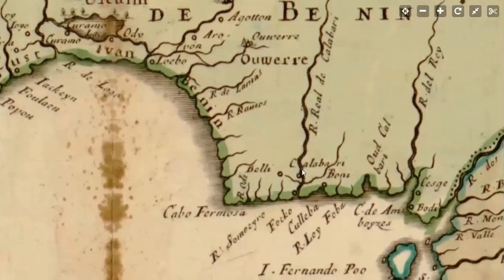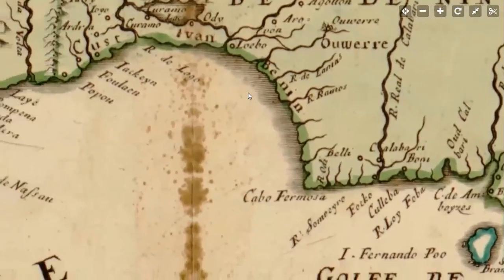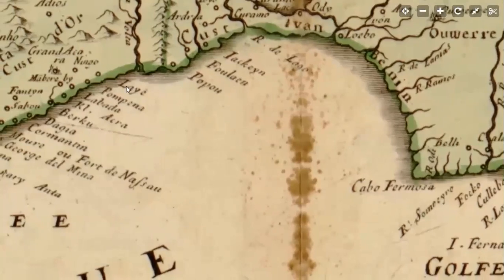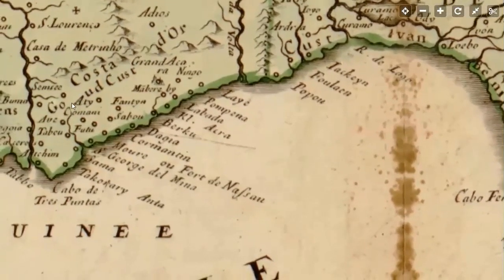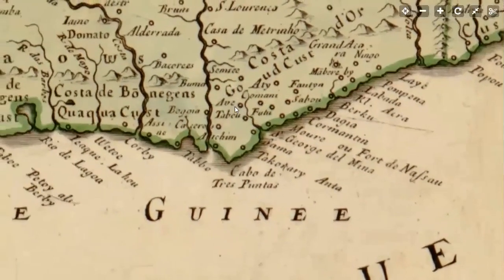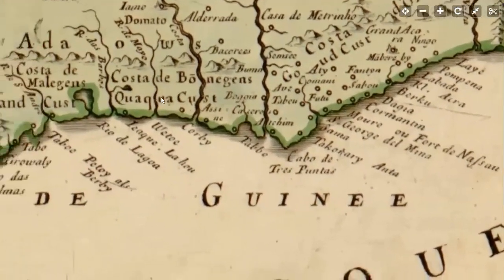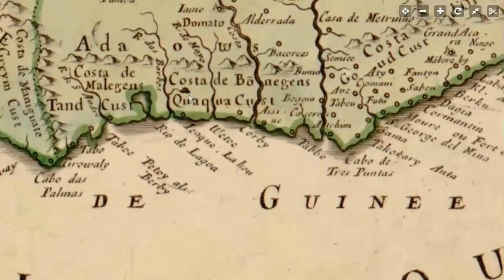whether it was down here in Calabar or in the state of Benin or among the Verde over on what was known as the Gold Coast, or as they referred to it, Costa d'Oro in this map, or further to the west, something that became known as the Costa de Bonjean,